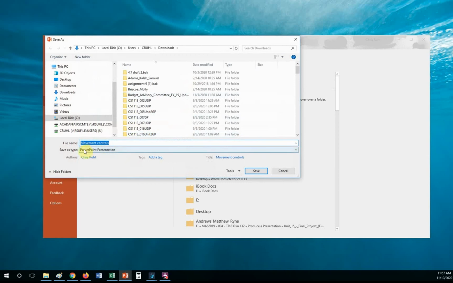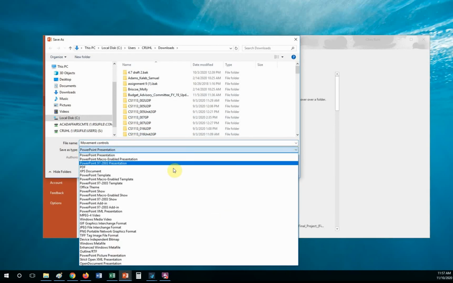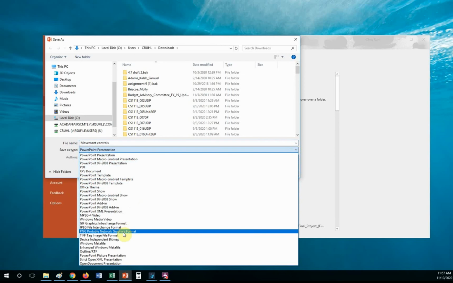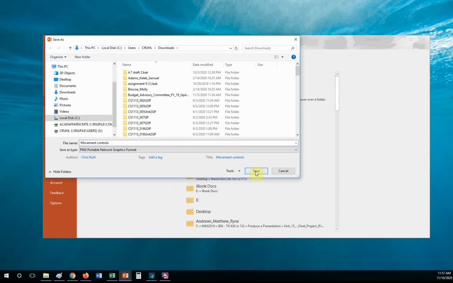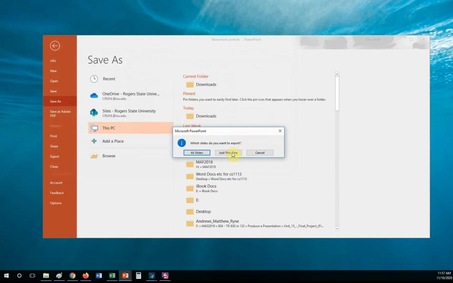Movement Controls, now I've got to change this bottom part to a PNG, which is way down here. And now when I save it, it says it's already there because I've already saved it. Yeah, replace it. And now this little box comes up. Which slides do you want to export? And we always want to pick just this one. We just want one